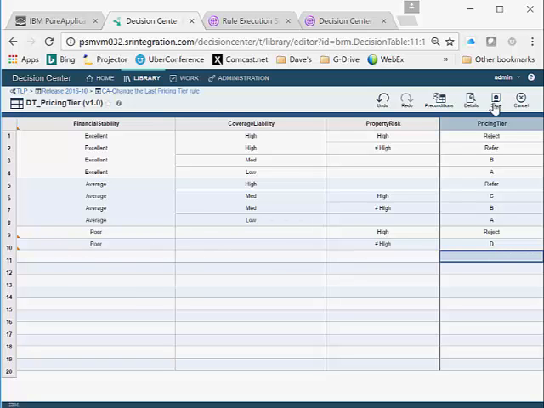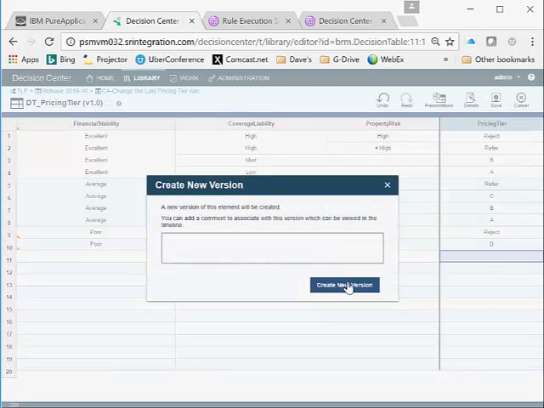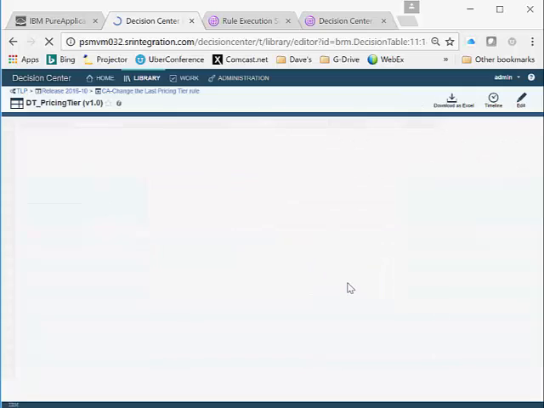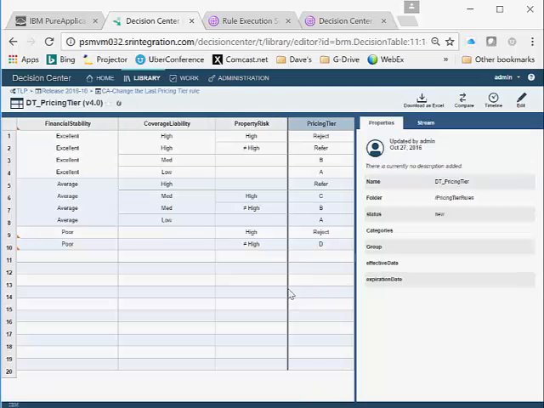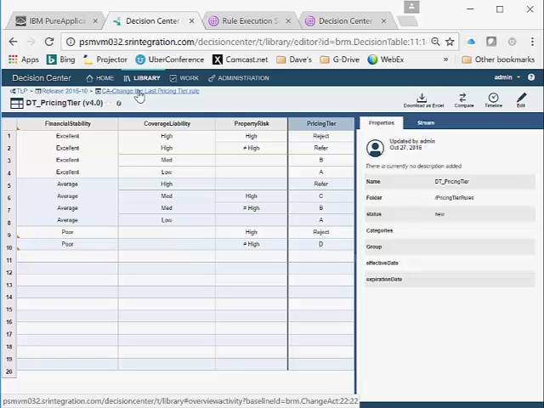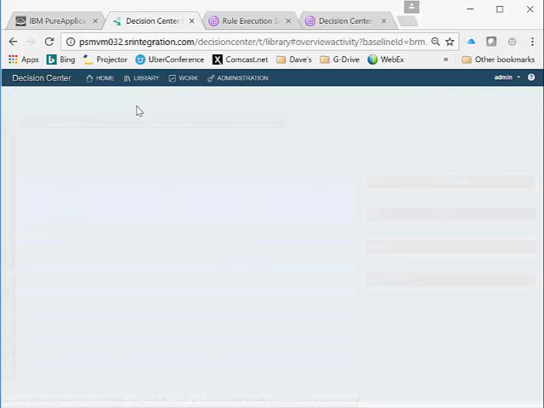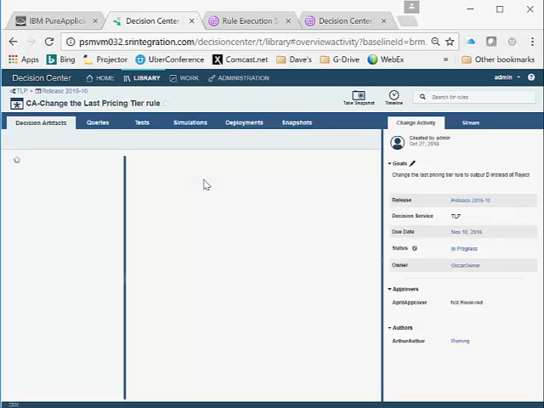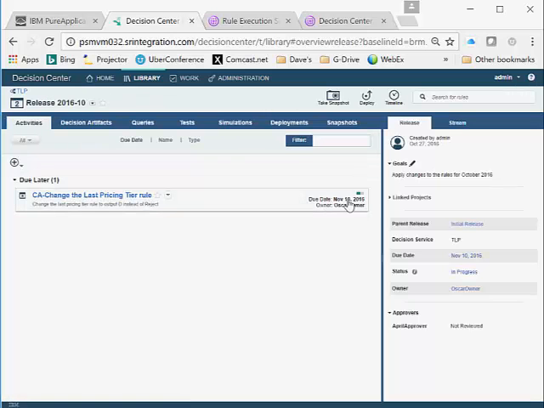Go in here and then I'll hit save, and I can put in a description as to what change request it was that caused this to happen. At this point it gives me a view of the particular change. I confirm that that's what I want. I go back to the change activity and I can see that it's still in progress, but I know that I'm done, and I want to now go through the process of releasing this information to my rule execution server